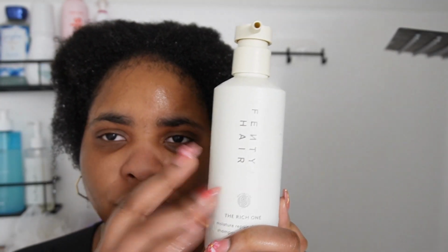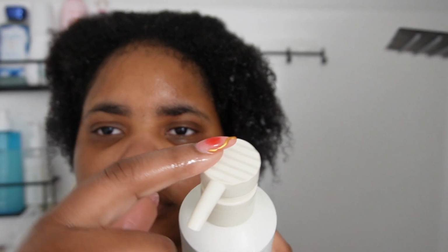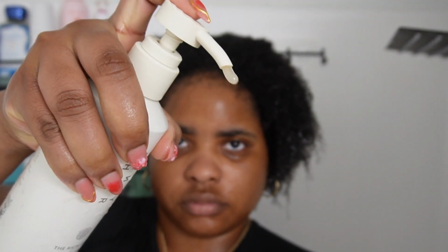The first thing I started with was the shampoo. I really like the bottle because, one, it's really aesthetic. But I'm not gonna lie, it was so hard pressing into it. I don't know if it's because my hand was already wet, but I had to use all my strength to get